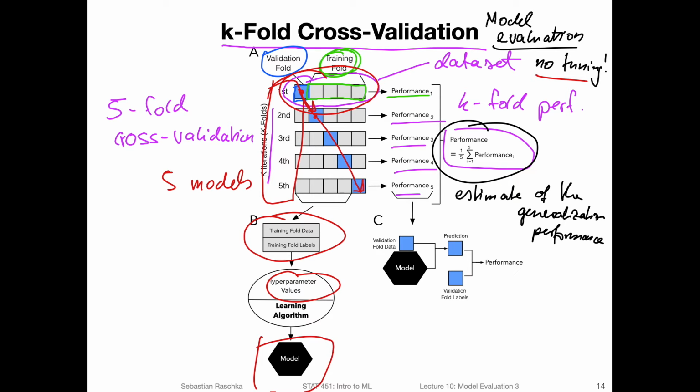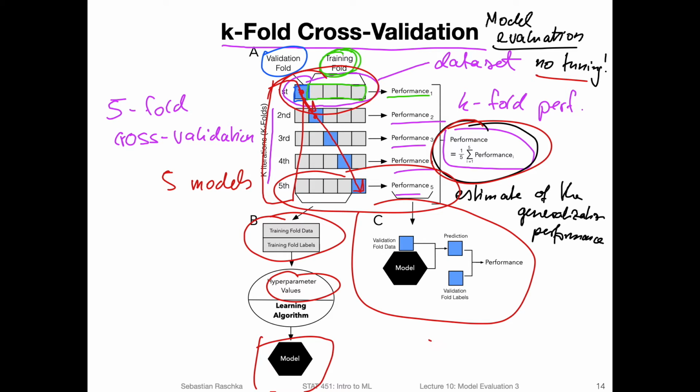We can have maybe an independent test set still to evaluate the performance of the model, but it's usually not necessary if we don't do any tuning, because this one should already give us a good estimate of the generalization performance. And just to, I see here is point C. So here that's just illustrating how one of the performances is computed. One of the rounds here is similar to the 2-way holdout method, because in each round, we split the data set into a training set and a validation set.